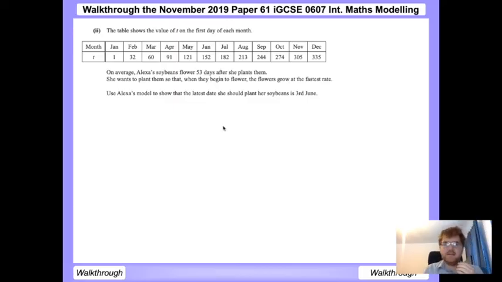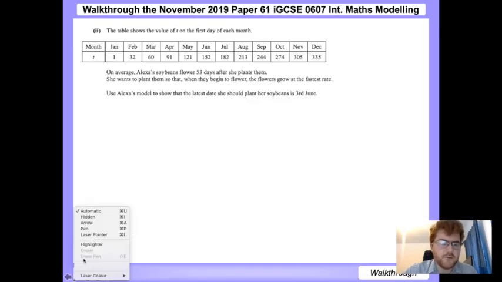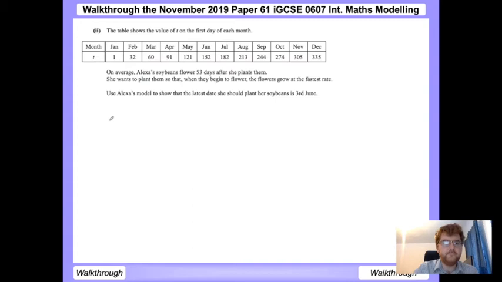So we need to look at the end of our graph. So if we look at the end, it's 207.266. So she needs to plant it 53 days before that. So let's work that out. So we've got 207.266, I think that was the number. That's the latest before it goes below that line. And we minus 53 from that. So if we do that calculation, 207.266 minus 53, we get